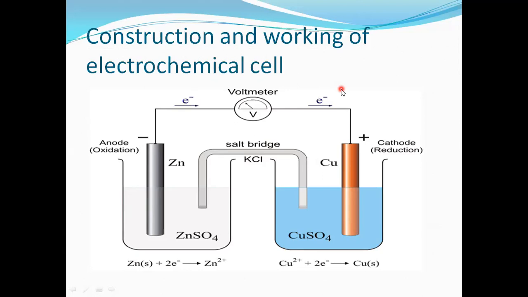When you apply an electric field, when the iron rod is connected to the DC switchboard, the flow of electrons takes place from one end to another, so it is a good conductor. When we take a metal rod, a solid with electrical conductivity, what we are describing is the free flow of electrons.